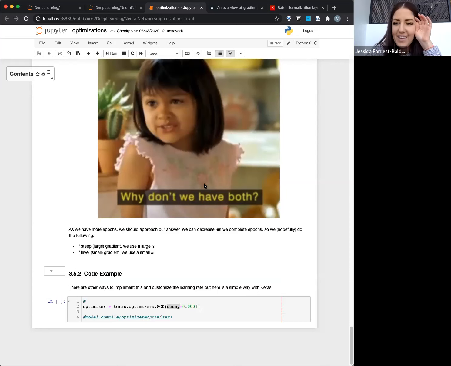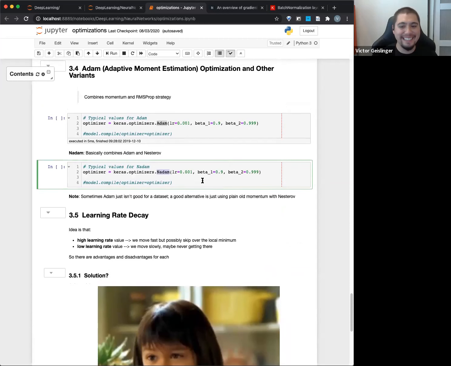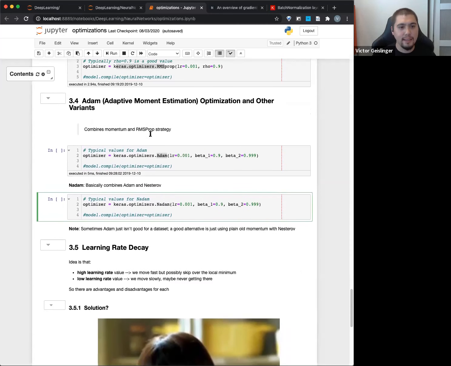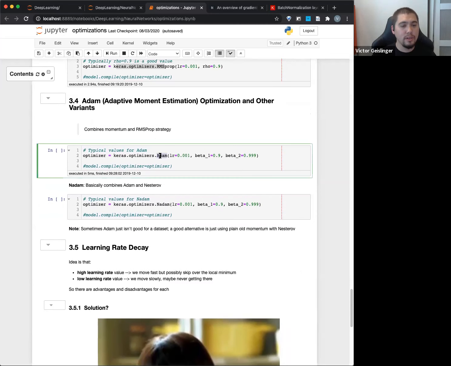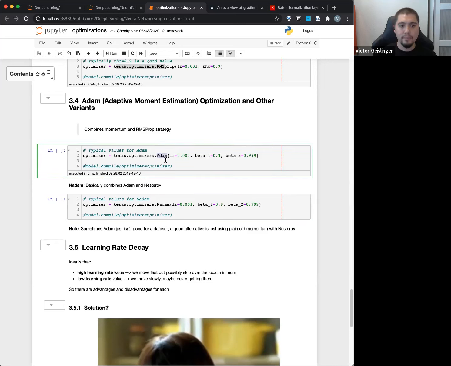I have a question. So if Nadam is better and similar, why don't more people just go with Nadam? I don't know, to be quite honest. I don't know if people just don't think about it. It's something that I find more efficient, and my guess is that it's the classic: you learned about this and thought, oh, that's really cool. And then research came out saying it does really well, but sometimes it doesn't quite do well, and if you just add Nesterov, it would be better. But I think a lot of people have learned Adam in general, and maybe that's why. That's the closest thing I can think of.